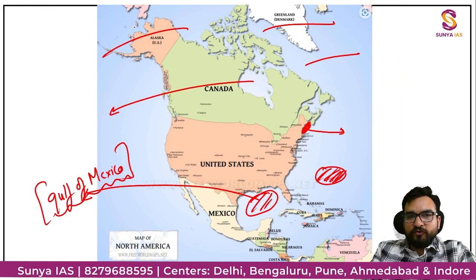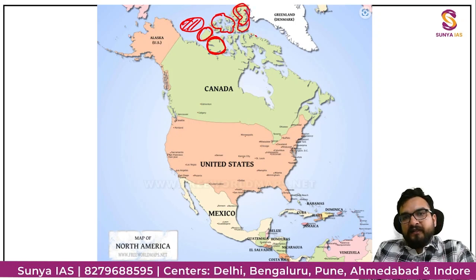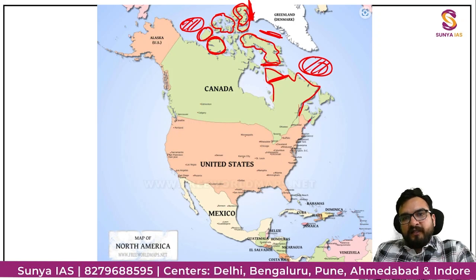Again, let me show you in this particular map. This is your Beaufort Sea. This is what island? Banks Island. This is your Victoria Island. This is your Queen Elizabeth Island. This is your Ellesmere Island. This is your Baffin Island. Over here, which strait? Over here, which strait? And over here, which strait? This is what peninsula? And this is what peninsula? Can you name the sea? Can you name this bay? Can you name this bay?